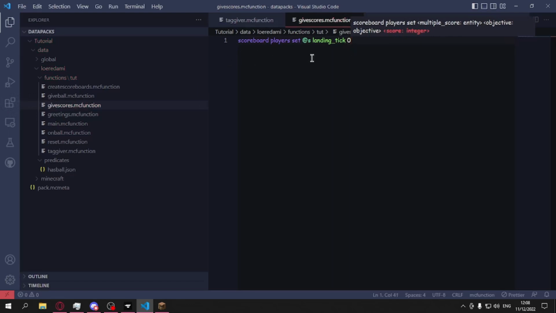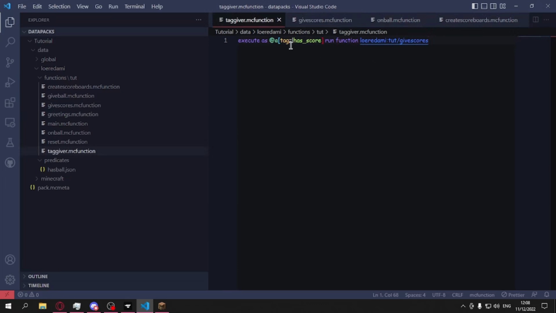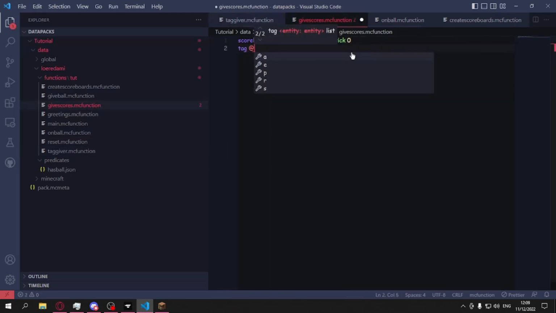Now this is going to constantly execute, which we don't want, which is why we have the tag giver right here. So if we do not have the tag, then this will execute. But if we have the tag, this will not execute. Because we don't want to lag the game and constantly set our score to 0, which we also don't want because we actually want to do something with this value, we're just going to give ourselves this very tag. So we're going to say tag add as